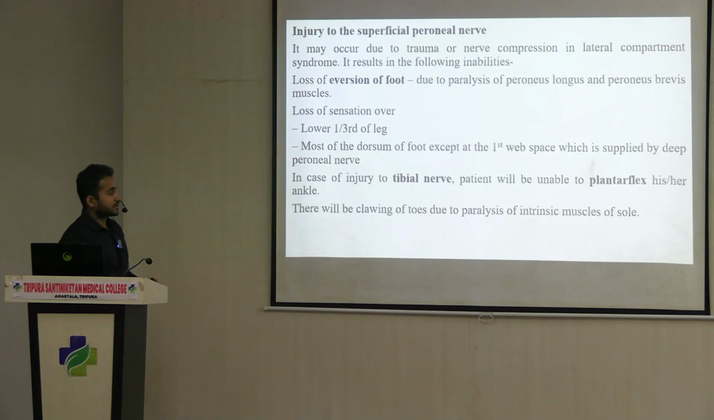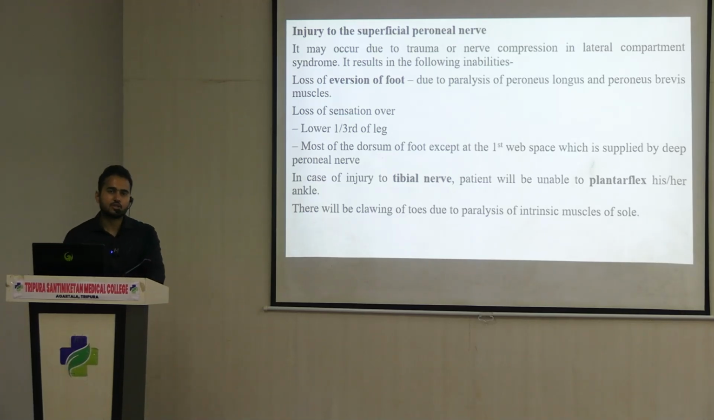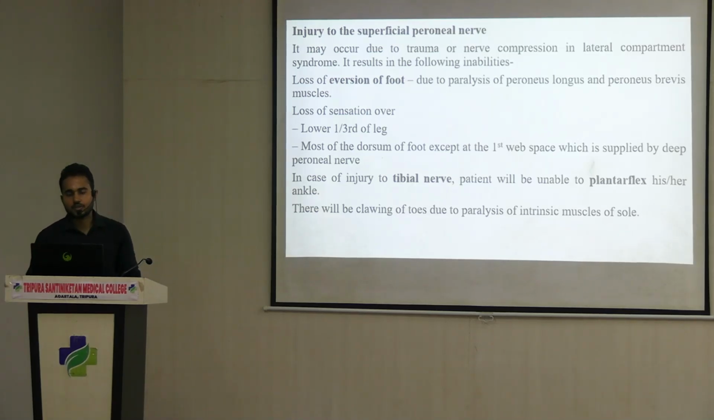Next, other nerves are also there, for example the superficial peroneal nerve. Just now I have shown you the superficial peroneal nerve. Suppose the superficial peroneal nerve is injured, then what will happen? If there is any trauma or nerve compression on the lateral compartment of the leg, at that time this superficial peroneal nerve gets injured. At that time, what will happen? There will be loss of eversion of foot,